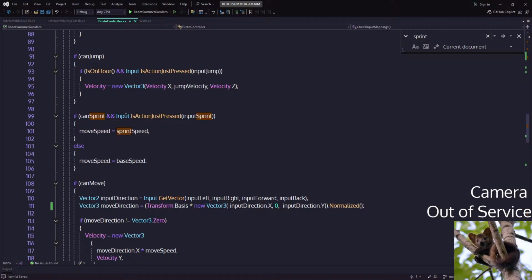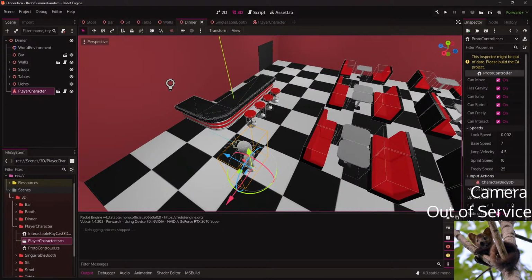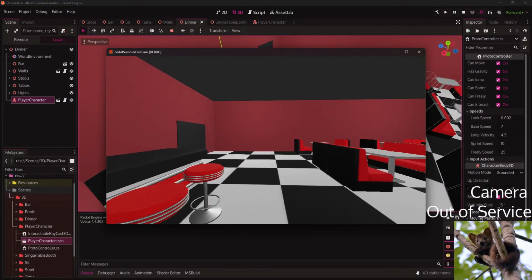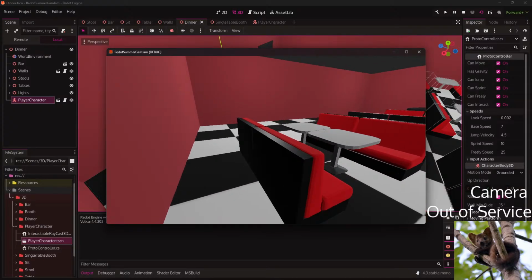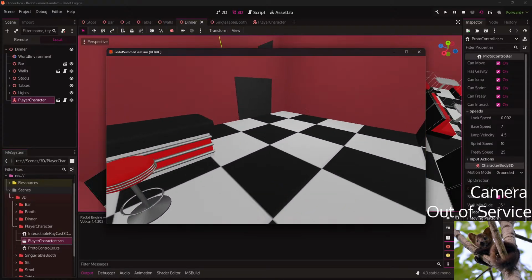Yes, if can sprint and the input is... I'm not sure it's just pressed, like it's action pressed. That makes more sense. Let's see. Did I fix it? Yes. The jump is super aerial. Like it's very moony.